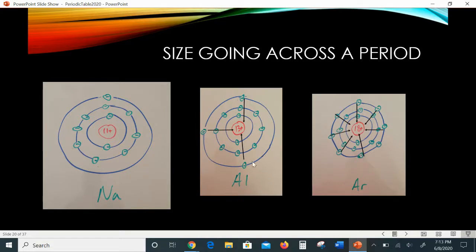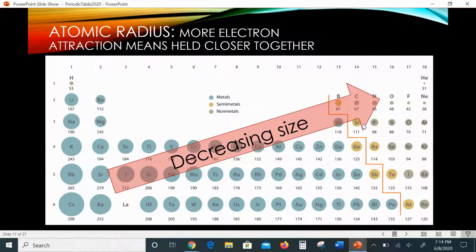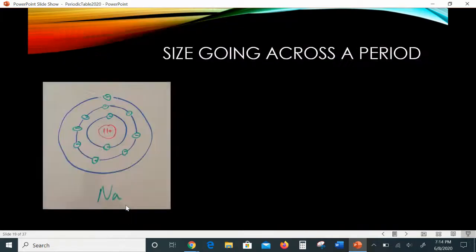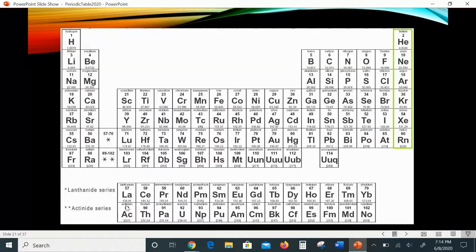Aluminum versus sodium has now 3 electrons, so there's a little more out there to take care of. Argon has 8 electrons in that outer shell, so there's even more. So there's more attraction as you add more electrons to that outer shell. So as you go across a period, your size decreases, which is symboled here, right? Potassium going to krypton, those are getting smaller as you go across. That's a pretty good trend that you see there. All right, I think that's all I'm going to talk about right